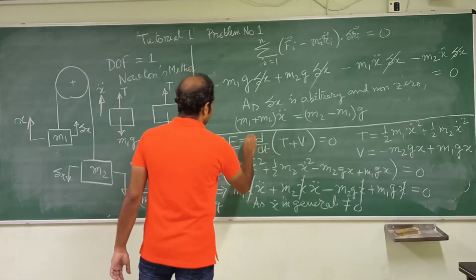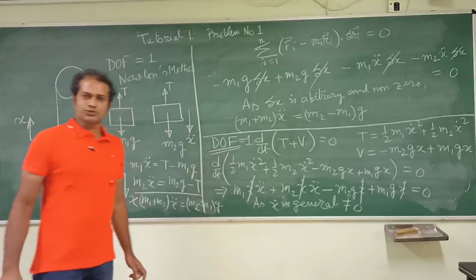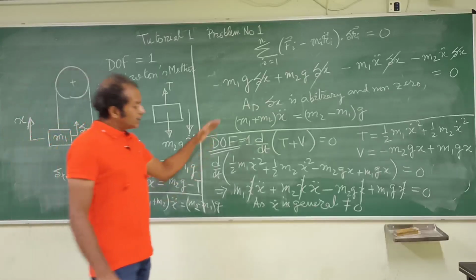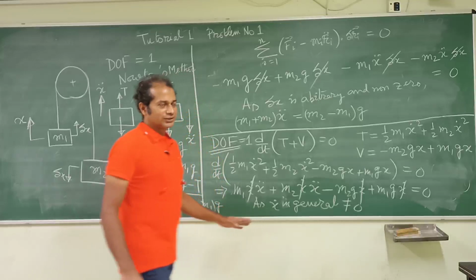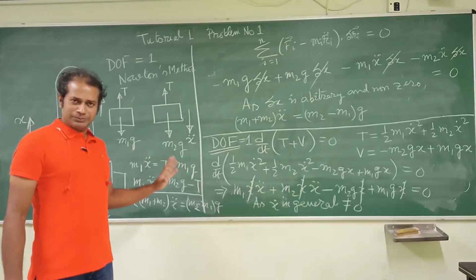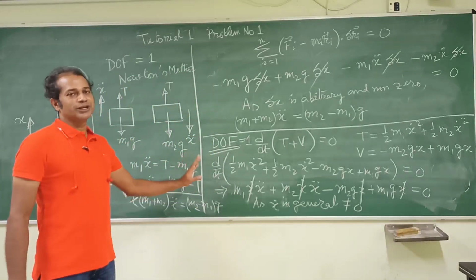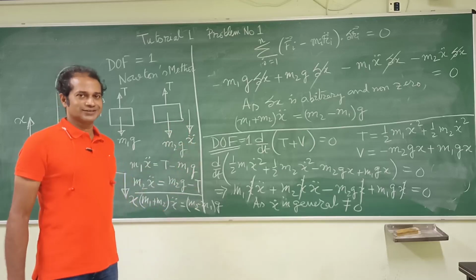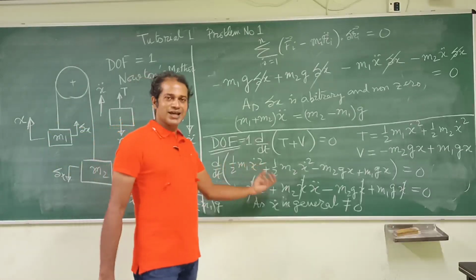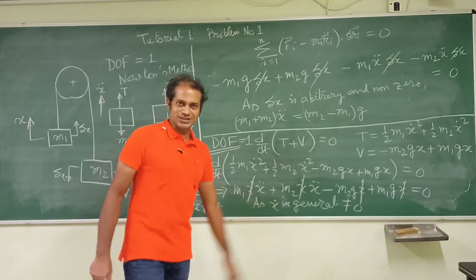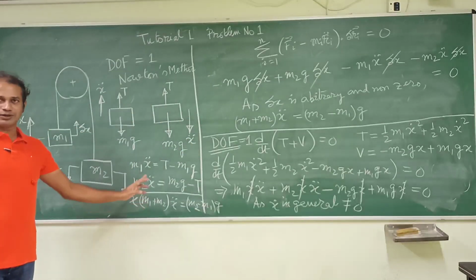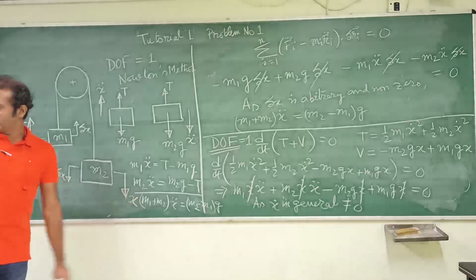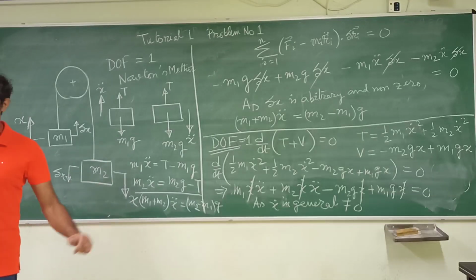This is valid for degrees of freedom equal to 1. But equivalent ways are there. Let us solve this tutorial a bit. After that, we will be learning the other method, that means with the kinetic energy and potential energy, I can derive the system equation. Okay? So with this, we are concluding this lecture, and within 5-10 minutes after that, we are going to take another lecture. Okay?